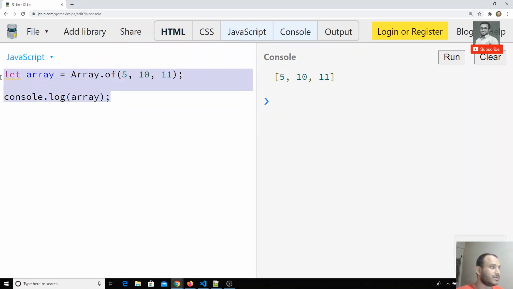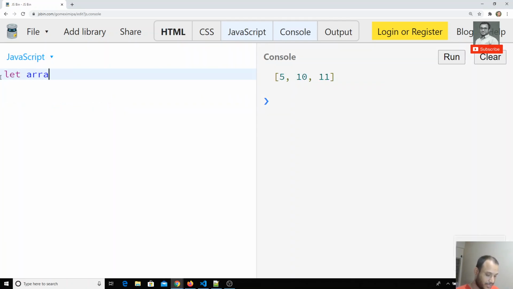Now another one, we'll go to the old type of initializing the array. So now I can do like this. This is the old fashion. Instead of Array.of, we can use this also. I am showing you the new things, how we can declare an array. Now I will tell you another one.